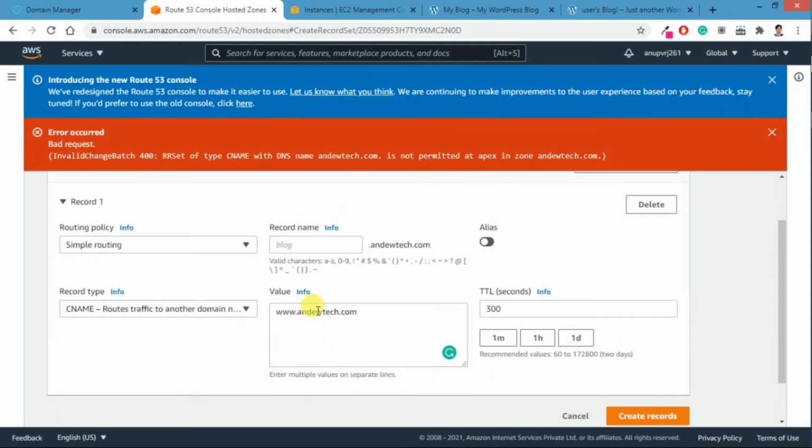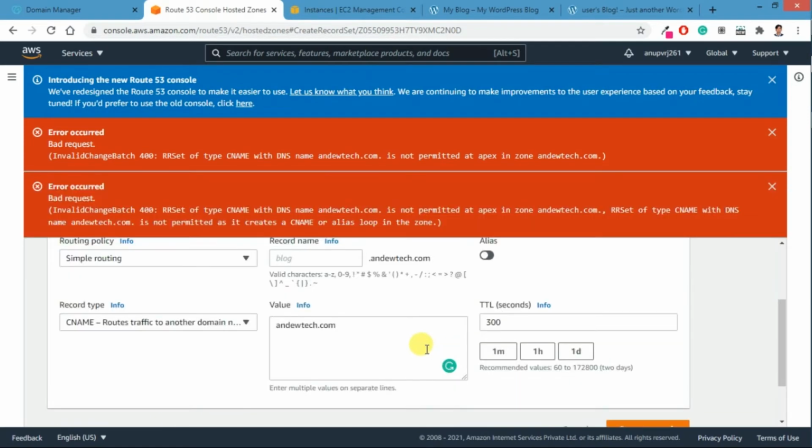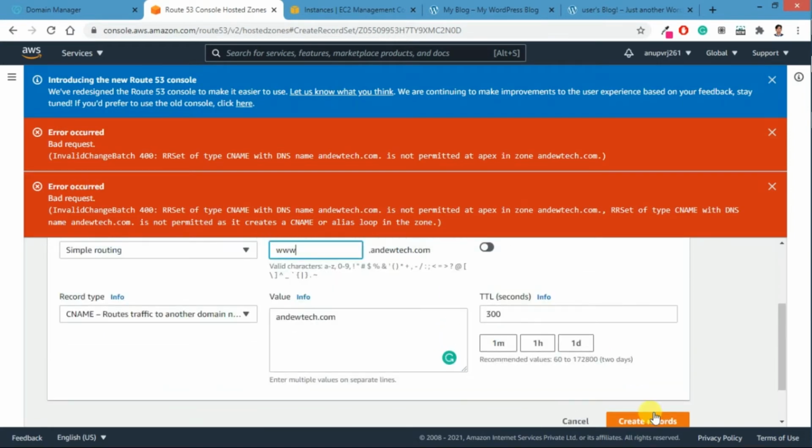And okay, it's showing Bad request. Why is it showing bad request? Invalid character in CNAME with name. Okay, so we have to remove this from here. Just put the actual domain name. Don't put www. If you want to, you can put it like this, or you can just leave it. Just put the actual domain name and create the record. Okay, again bad request. So now I think we need andewtech.com. This is the clear one, and here I think we have to add a www dot, and then create the record.